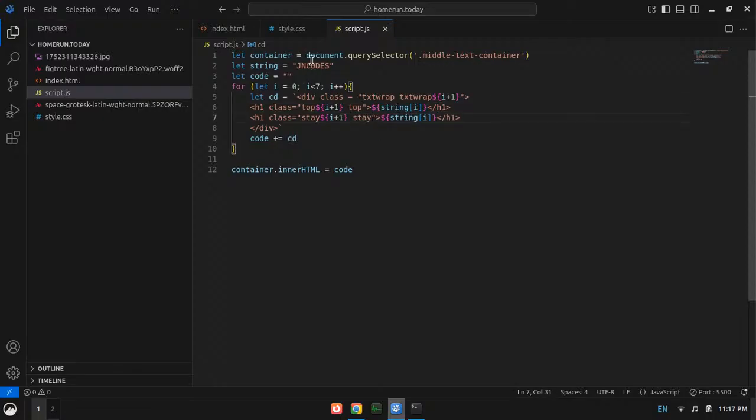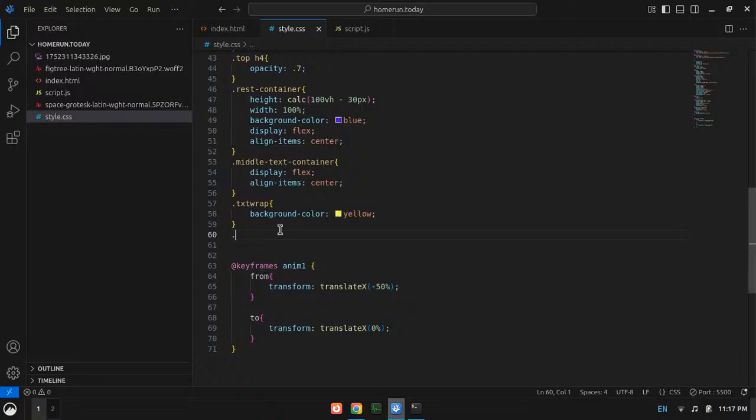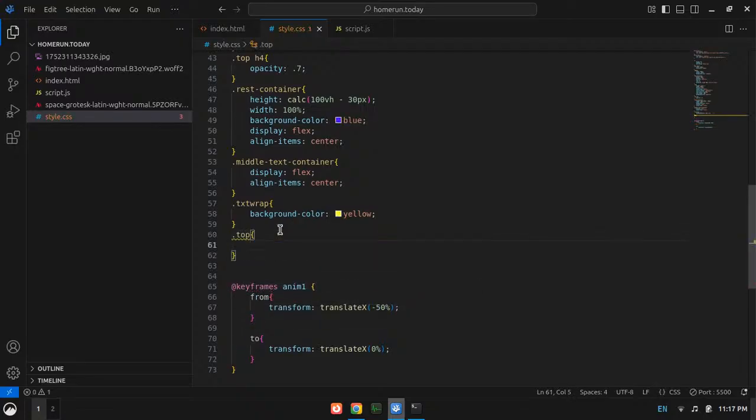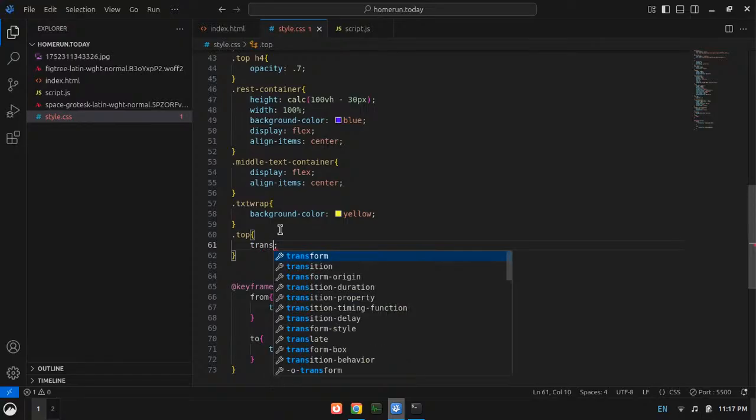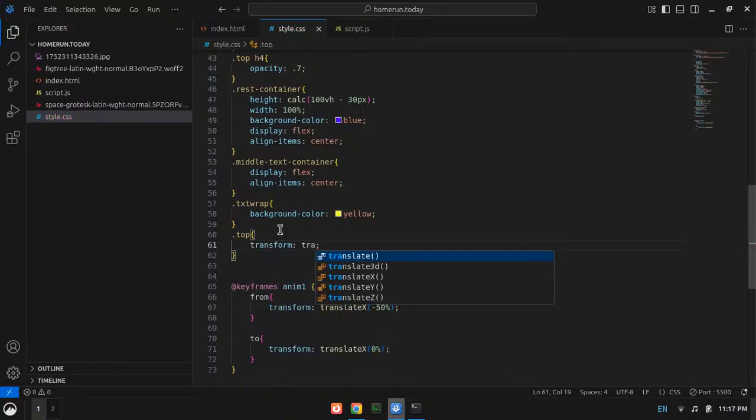So what if I animate all the top to go to top negative one, and I need translate, right? Transform, transform translate y 100%.